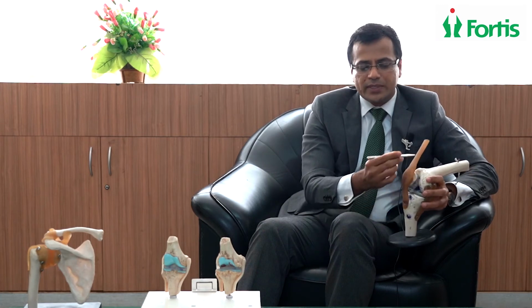Another graft that's available is a quadriceps tendon from the upper part of the thigh. So this is also equally strong. So any one of the tendons we can opt for and